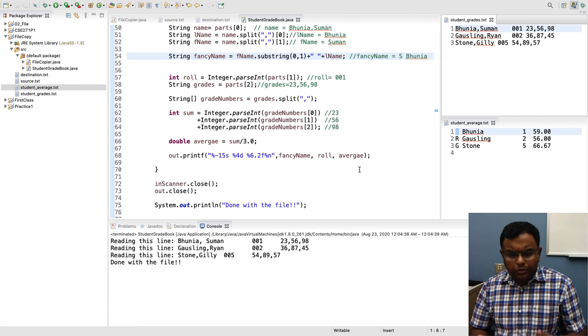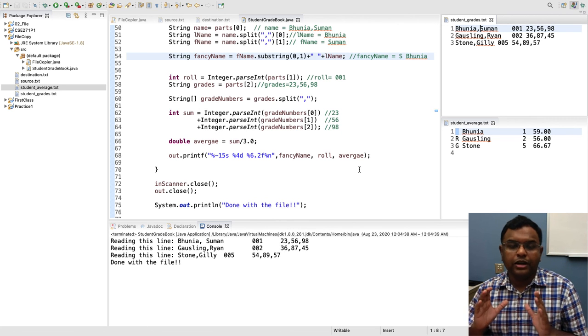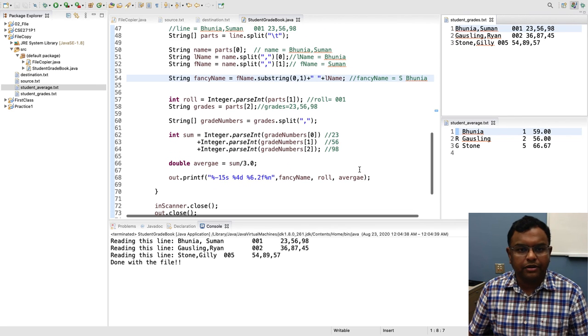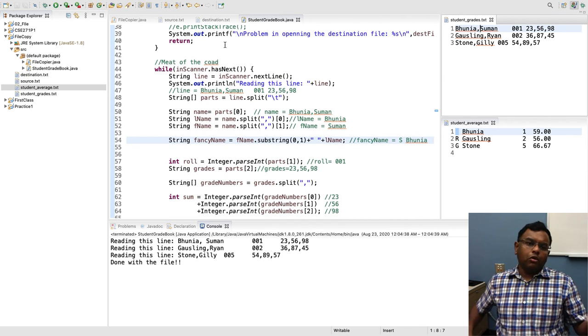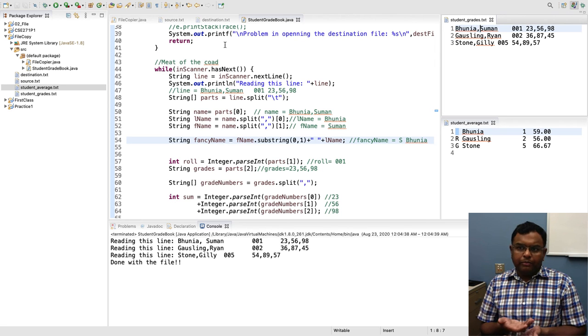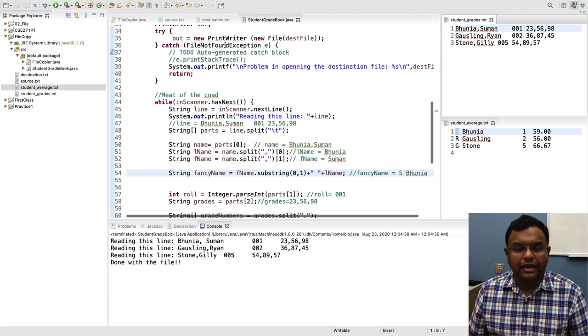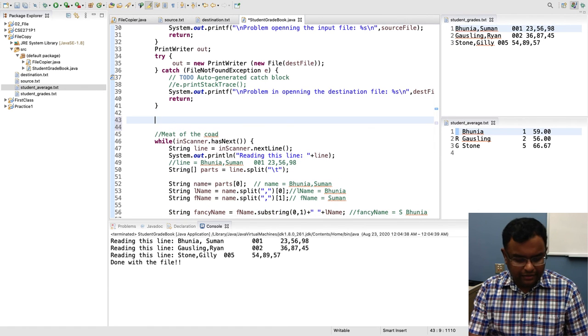Now let's say we want to store all these numbers and all these averages, and later on we want to do some calculation. First we have to store these numbers into an array, right? But remember, when we are reading a text file, we don't know how many elements or how many lines there will be in the beginning. So we have to use an array list. So here we have to define an array list